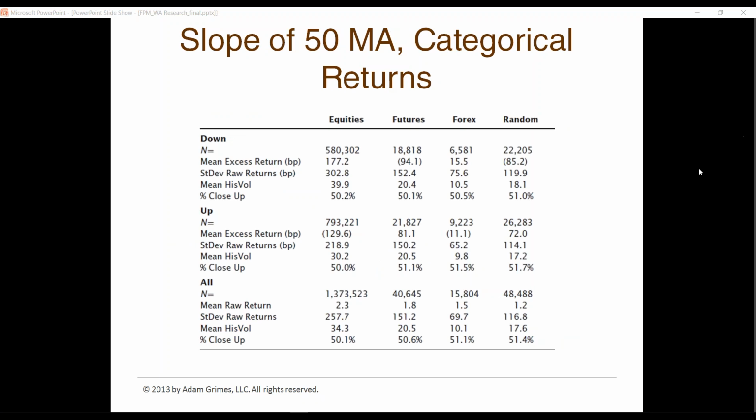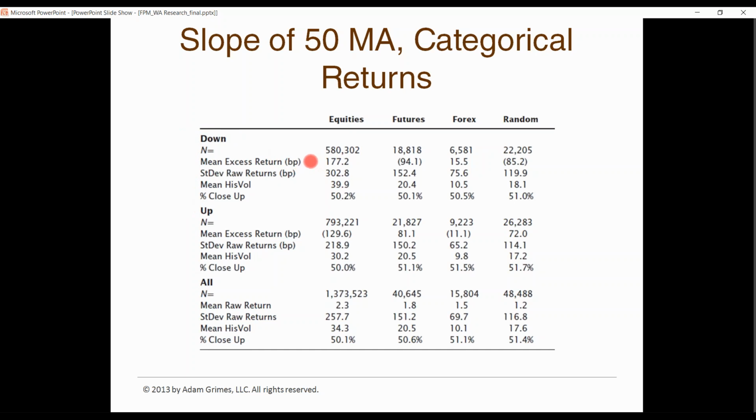Let me see. I believe I do. Okay, so let's look at the equities column. This is a rather large sample of U.S. stocks, and no matter how you slice this, different time periods, you see something similar. What I would like you to look at, so this table's divided into 3 big rows, big sections. Down, so a downtrend condition, here's the uptrend condition, and here's all days, both of them mixed together.